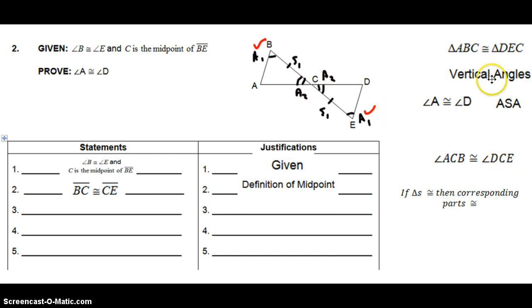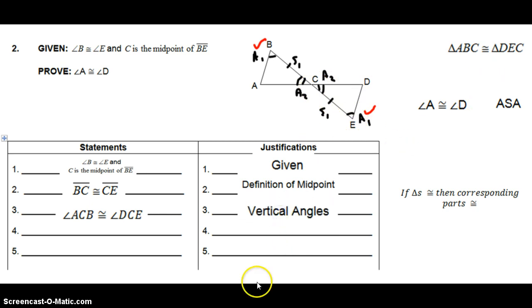The other thing we need to show is the vertical angles. Again, I've got too much going on at angle C. I need to use 3 letters. So I'm going to look over here in my list. Obviously, it's not A and D. That's what we're trying to prove at the very end. So we're going to use these 2 angle marks. Angle ACB congruent to angle DCE. Again, start away, go towards the vertex, and then go away. Those are vertical angles. And now I've got my side 1, which I proved with the midpoint, and I've got